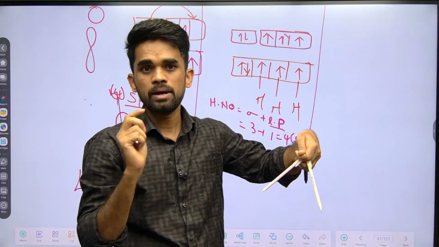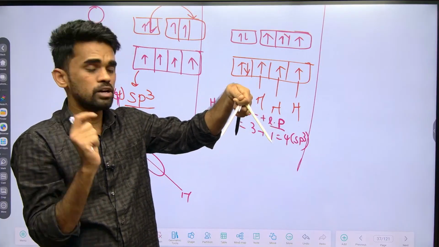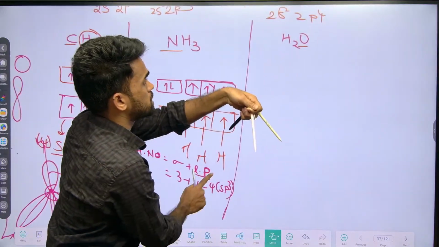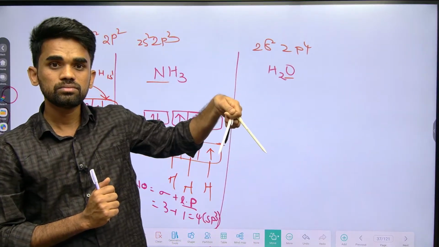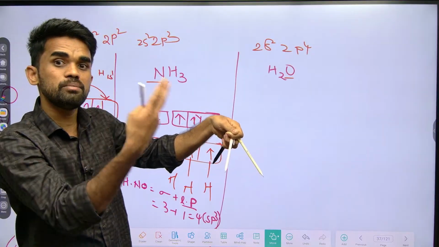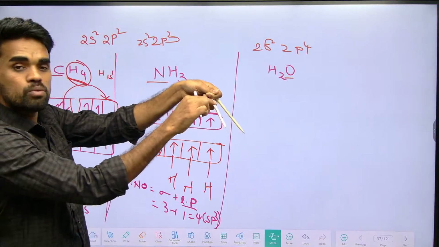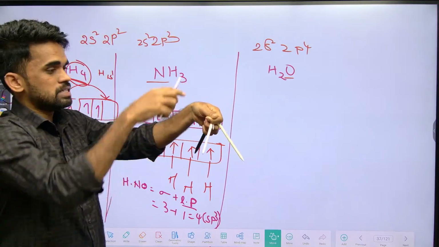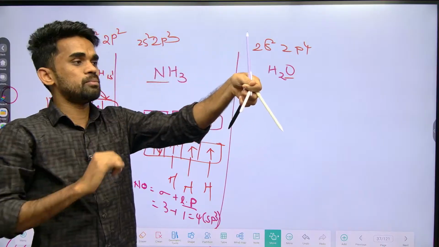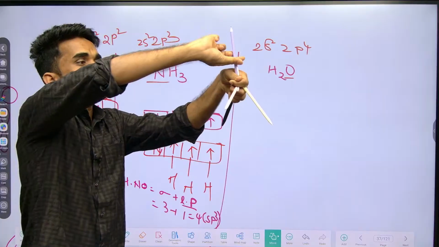Is this clear? Okay. Now see, I just want to finish up the water molecule also. Now in water molecules, how many surrounding atoms are there? How many are there surrounding? 2. Hydrogens are 2. It means the remaining 2 orbitals will now have lone pairs. So one more bond also I should remove. See, if all bond pairs are there, it means tetrahedral. What is the angle? 109.5. Now in the ammonia case,